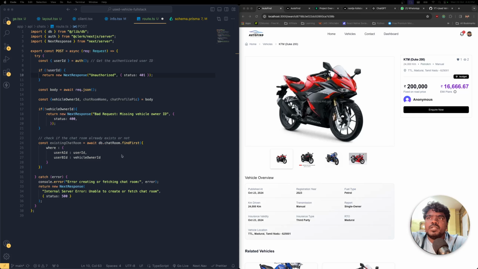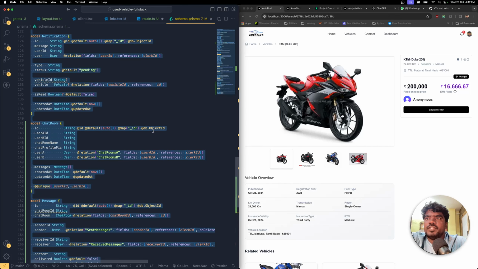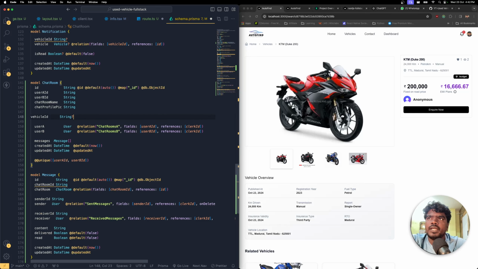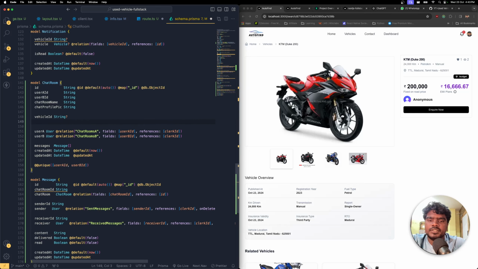So in this case, what we need to do is update the schema where we include the vehicle ID as well. So we need to include the vehicle ID as well. That's the important thing. So let's include the vehicle ID over here, and right after here I need to include the vehicle relation as well, right? And then in the vehicle